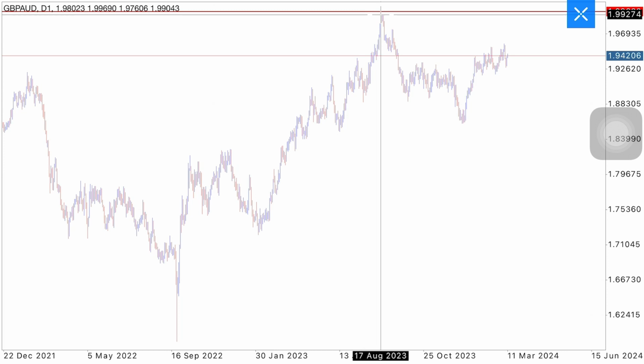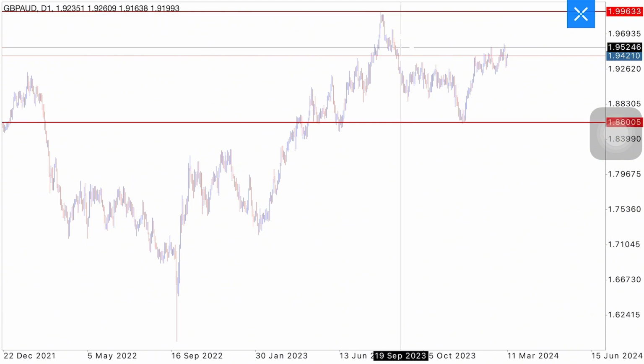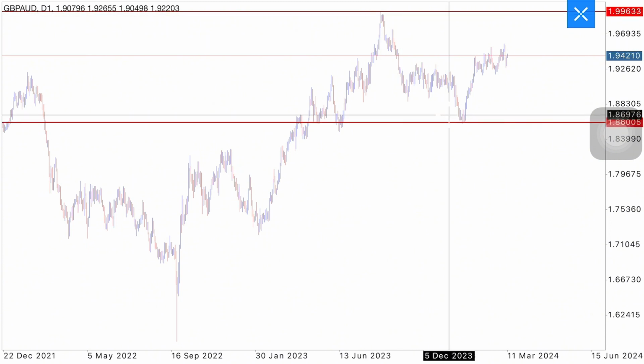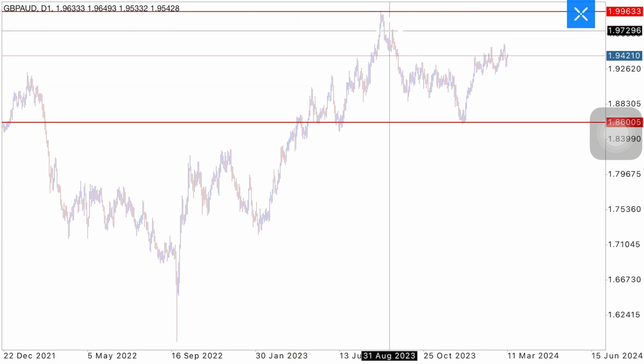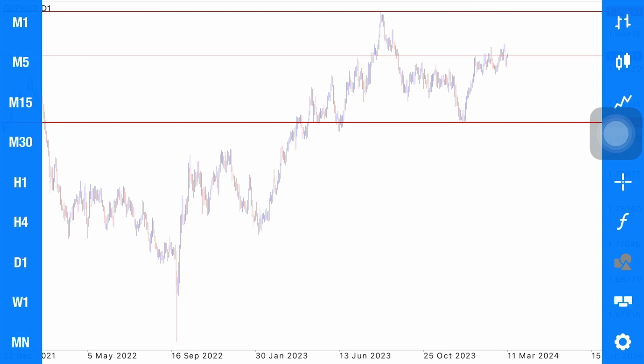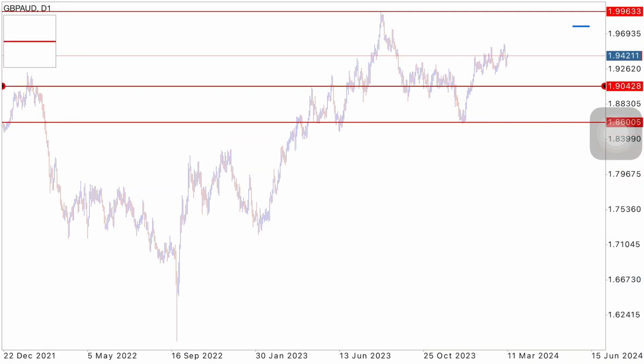So we have two major change of market structure levels, from which the market decided to change its direction, and therefore we can confidently say that these are the levels we have to cater for in order to see the overall trend. Okay, so we also have levels such as these ones here,